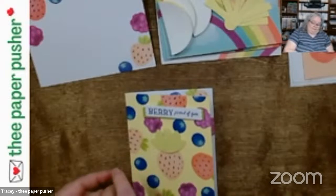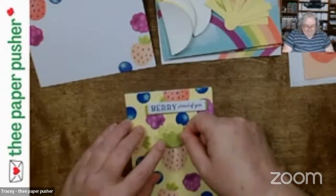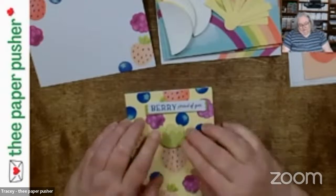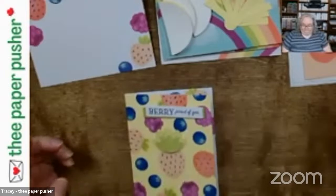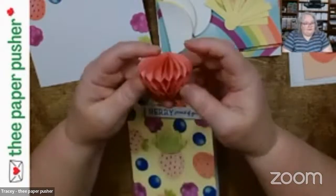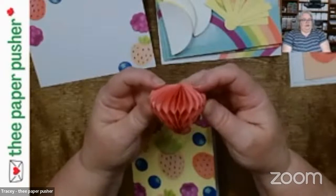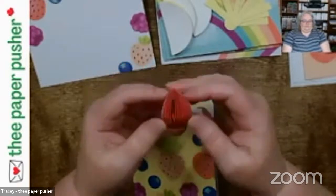This is going to pop up quite a bit with 2 layers of dimensionals. If you're mailing this, maybe leave off the second one. I'm going to do this because I think it's adorable, and it'll likely just be handed to somebody. Now, here are our little honeycombs. Honeycomb, won't you be my baby? Okay, look at how cute the strawberries are. They have